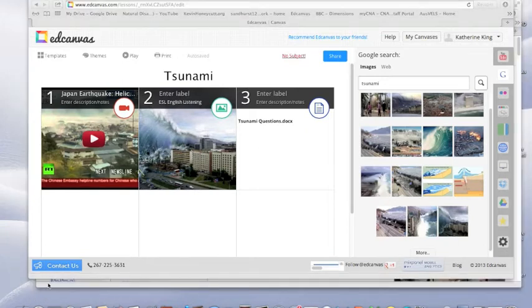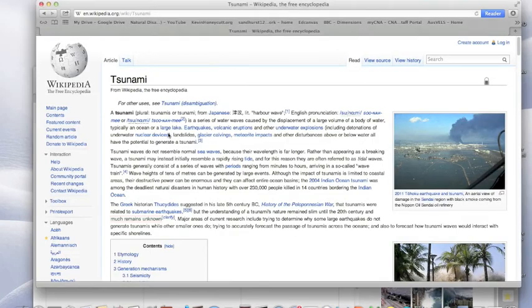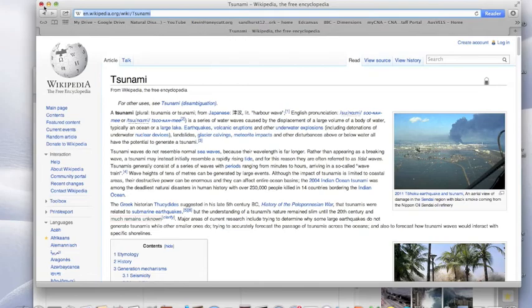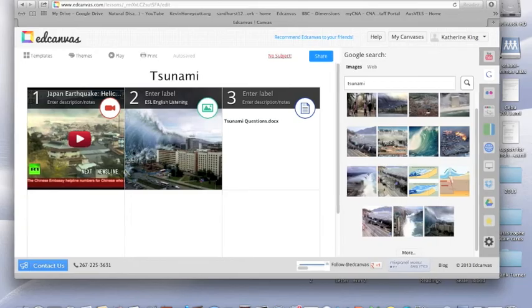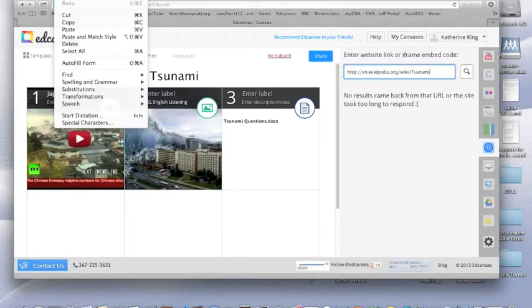You might want to add another website that you've been to that has some good information. So what I would do is you source the website that you want. So for instance, underneath here, let's say I've gone to a child-friendly site. I like this one. I'm just going to highlight the address. I'm going to copy the address. I'll go back to my edcanvas and I can insert a web page. I just pop the URL in there. So just edit and paste